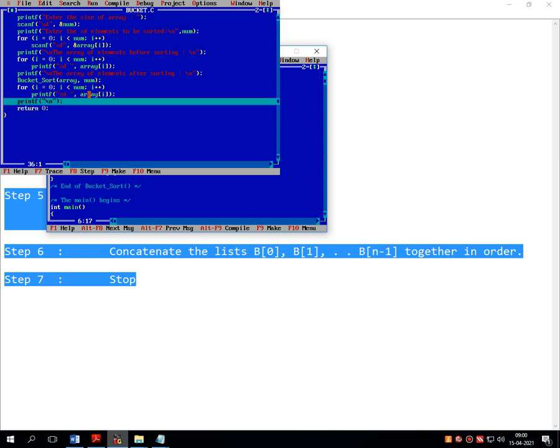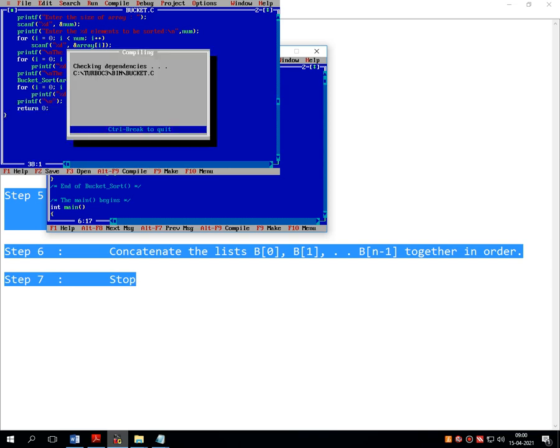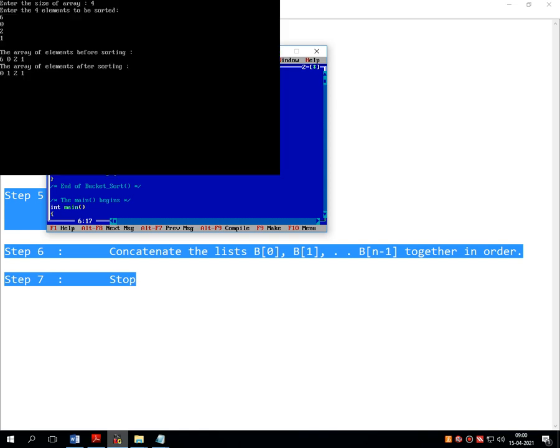So this for loop will print all sorted numbers onto the screen. So the output would be 0 1 2 and 6.